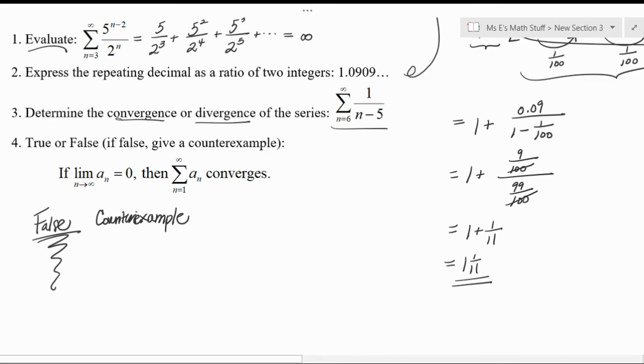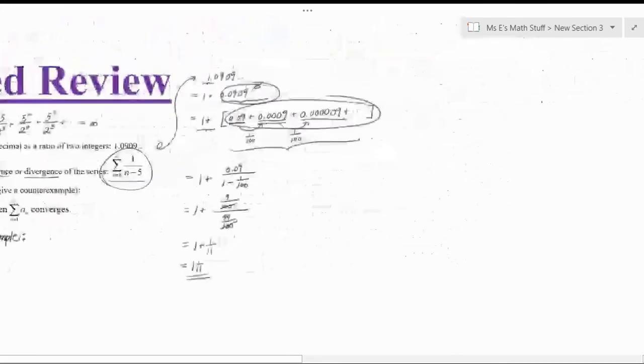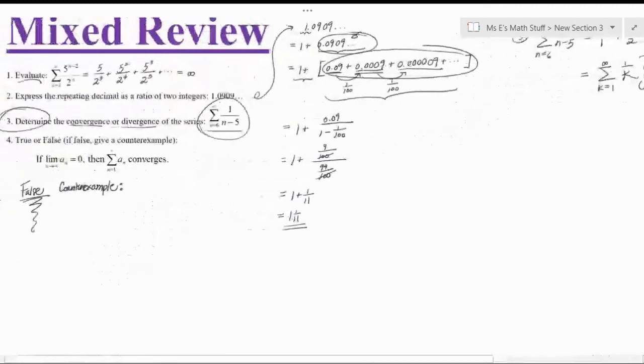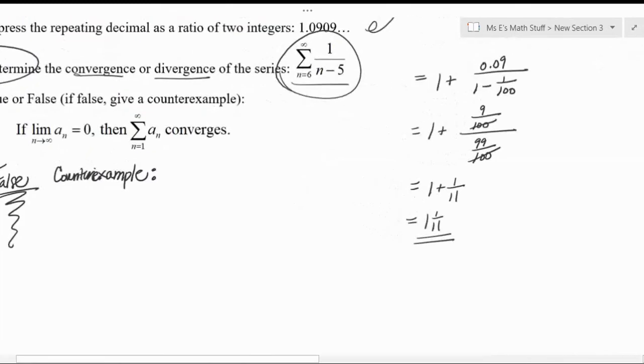seems like that should be 2 words or hyphenated or something. But anyway, a counterexample is actually right here with problem 3. Problem 3, if you look over here, the value of your terms are going to 0, but they just don't go to 0 fast enough to add up to something finite. They actually blow up to infinity. And so the harmonic series is always a good counterexample. And so the sum as n goes from 1 to infinity of 1 over n, it diverges. In particular, it diverges to infinity,